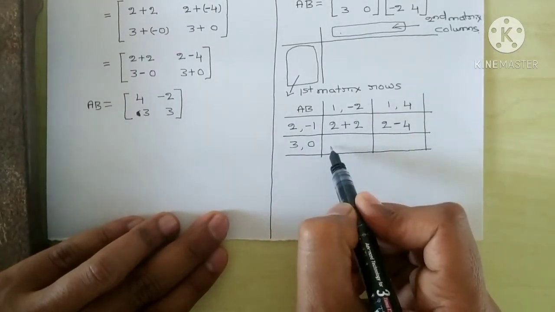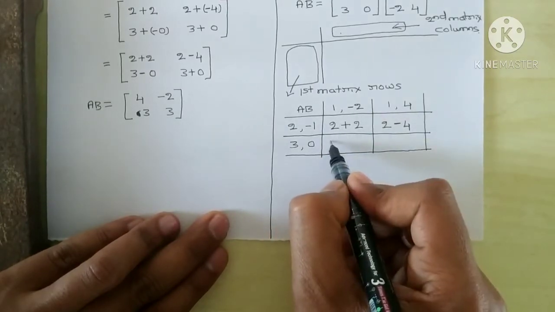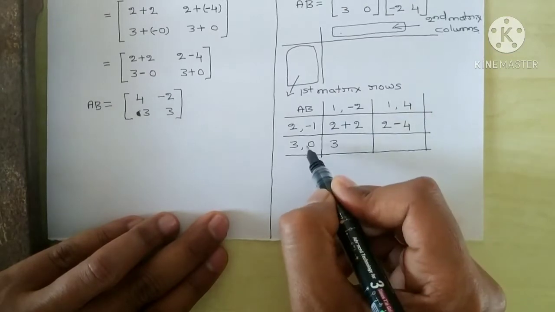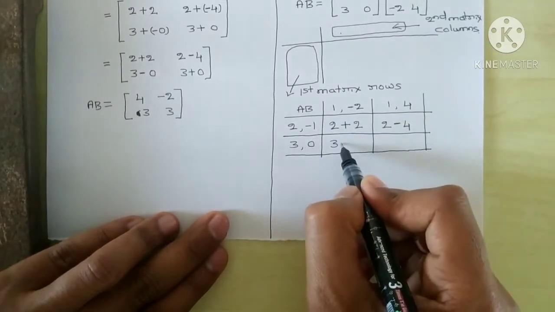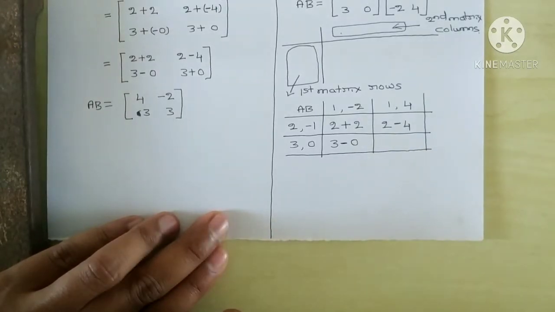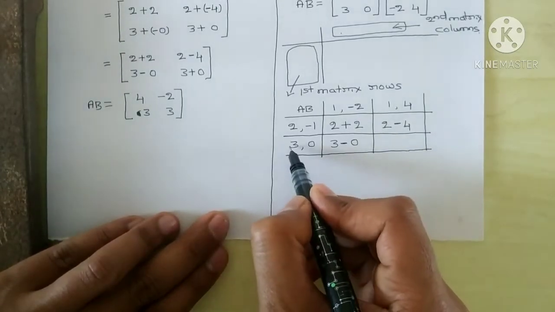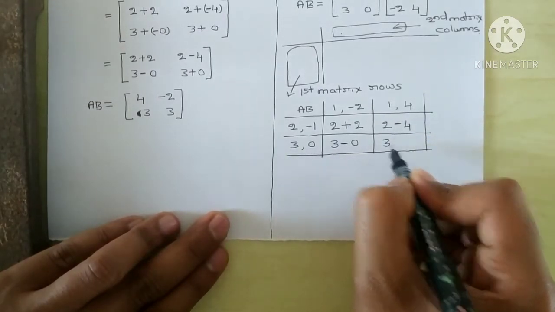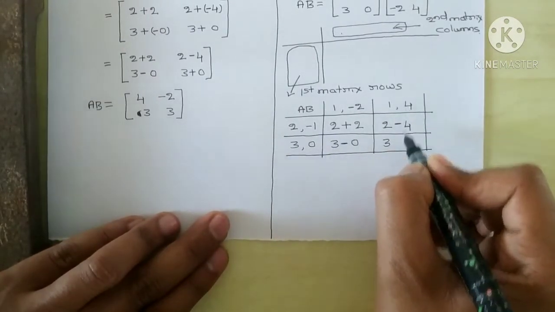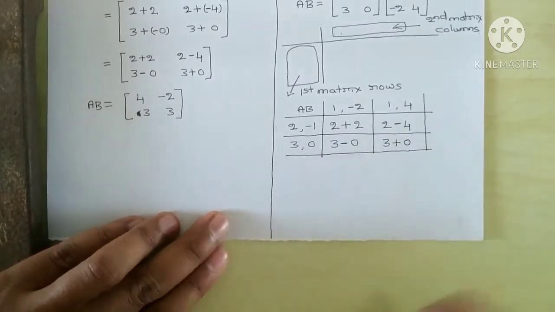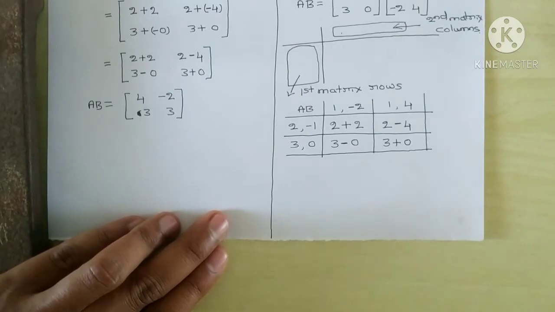Next, now these 2. Plus into plus is plus. 3 into 1 is 3. Next, here plus sign, but here negative sign is there. So plus into minus is minus. 0 into any value will be what? 0. Next, plus into plus is plus. 3 into 1 is 3. Next, plus into plus is plus. 0 into any value will be what? 0. 0 into any value will be 0.